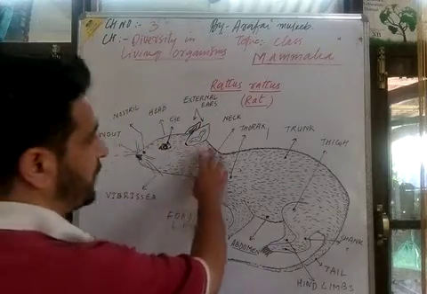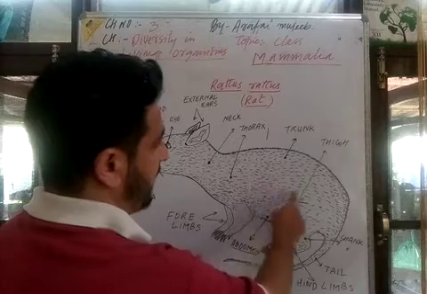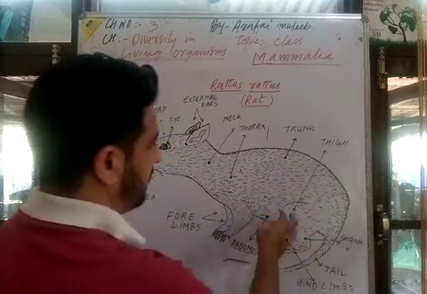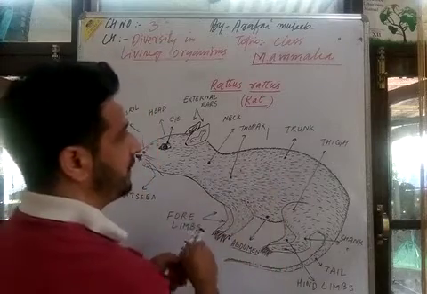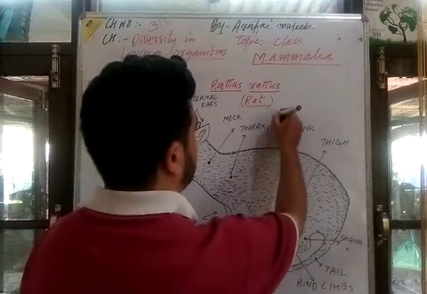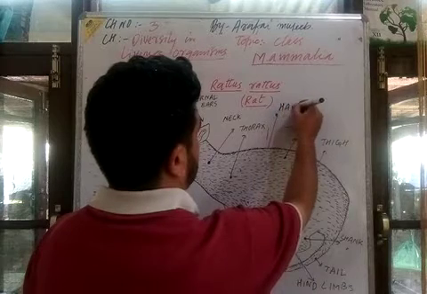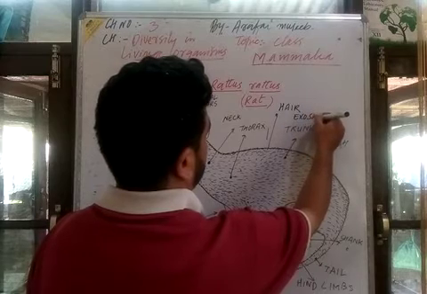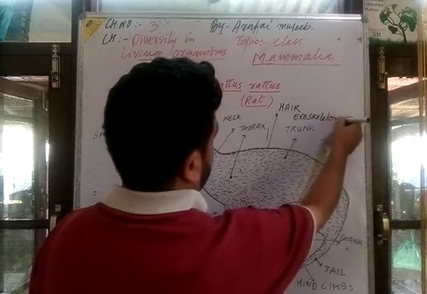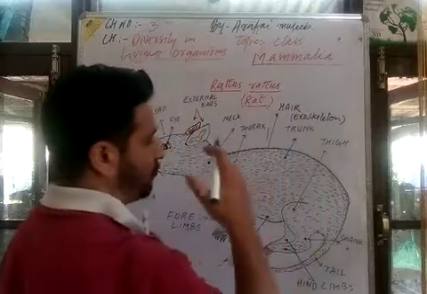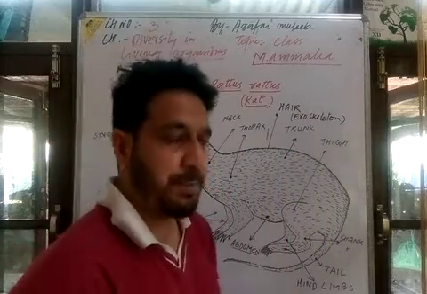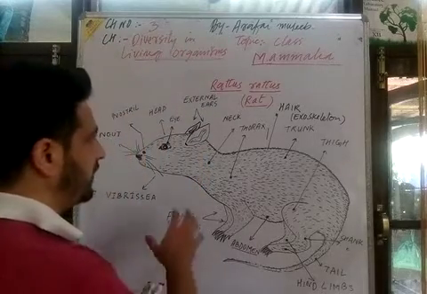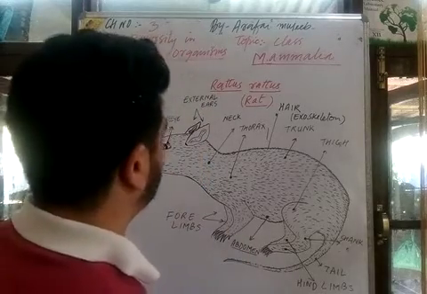Now their body is covered by hair. Here I have drawn in black color the many hairs. Their body is covered by hair, and hair is an exoskeleton. I will say its body is covered with body hair, which represents the exoskeleton. And this is the external morphology of the